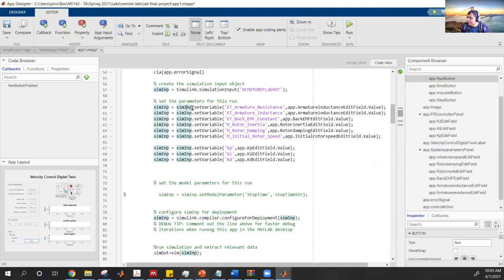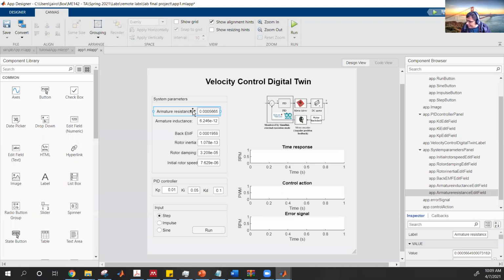We're going to set simIn.setVariable. This method, setVariable, is going to create that variable in the workspace and assign some value to that new variable that we are creating. In this case, let's say we're going to create a variable, armature resistance, which is one of the parameters of the motor. And then the value that we want to assign to this variable is the value in this box,